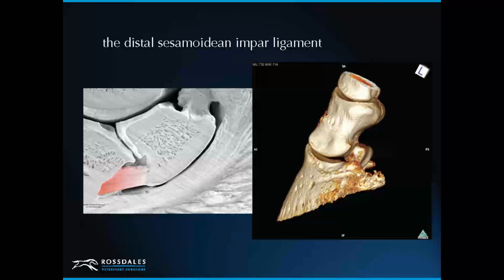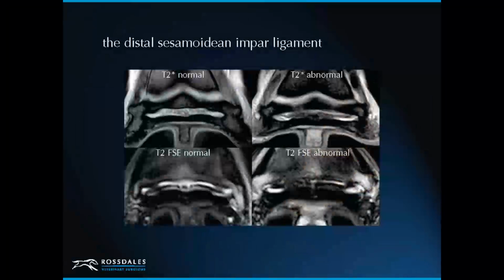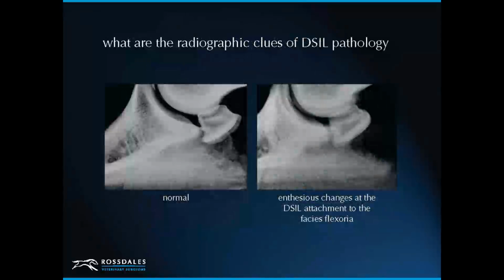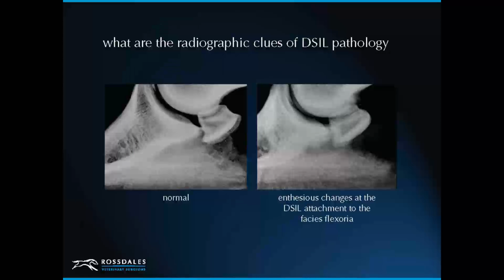Impar ligament, similarly, so we know it's gluing onto this wide area adjacent to the solar channels in the pedal bone. It should be a very nice thin structure. So here it is, deep distal flexor tendon, the impar ligament here with fluid either side. And when we get problems, we lose that fluid because of adhesions and thickening. Can we see that radiographically? Very occasionally we can, and it's very dramatic in this case, but we should look for a smooth facies flexoria